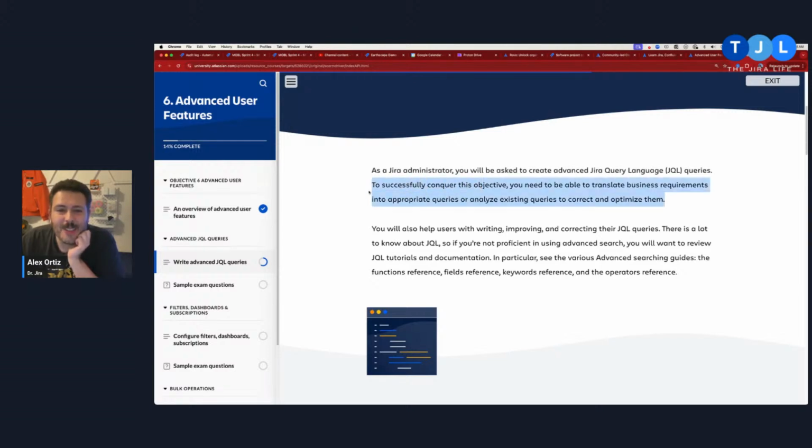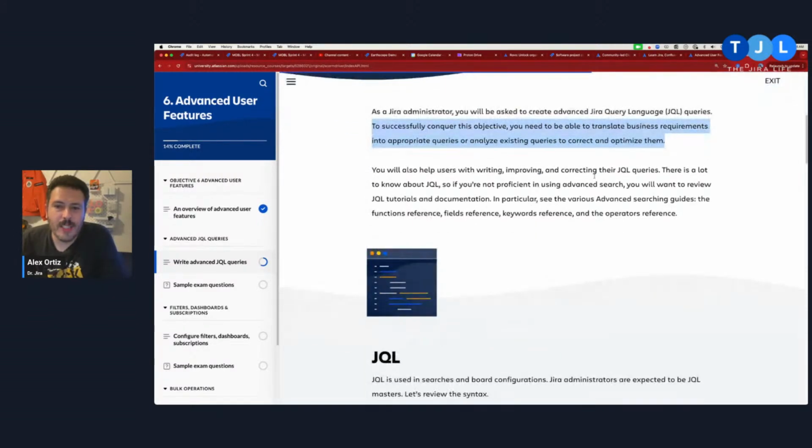I like this very much because what businesses usually ask for and what you can do with JQL are never together. The business is usually asking for a lot of things that Jira and JQL just can't deliver. So it's an interesting statement here. You will also help users when writing, improving, and correcting their JQL queries. This is true.